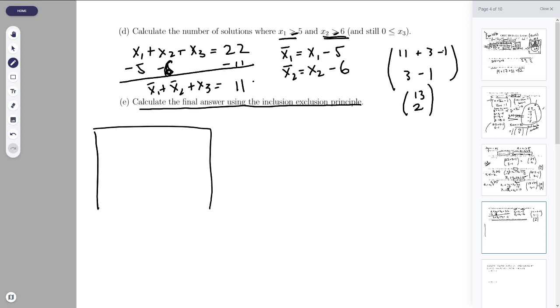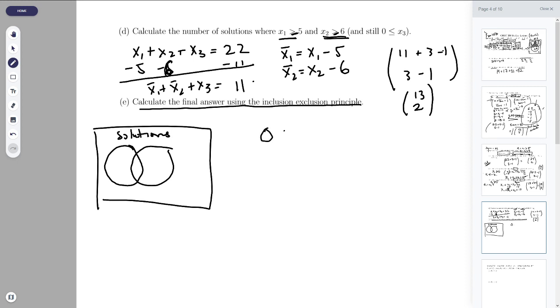I guess we'll just draw a Venn diagram. So here's all the solutions. And we want the solutions where 0 is less than or equal to x1 is less than or equal to 5, and 0 is less than or equal to x2 is less than or equal to 4. And so what we've computed is the number of solutions where